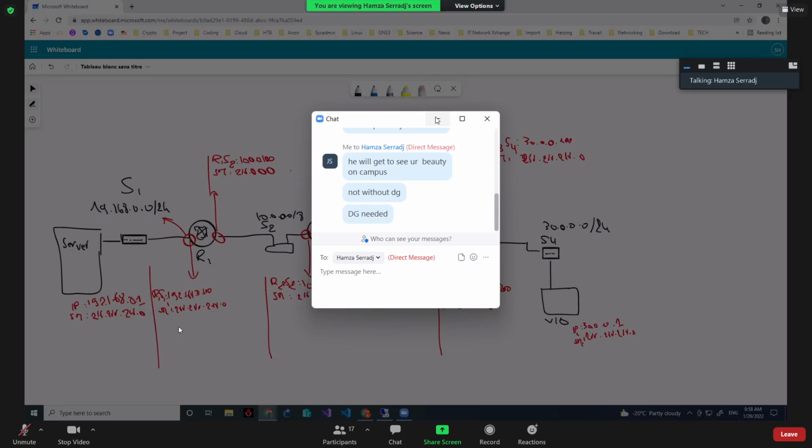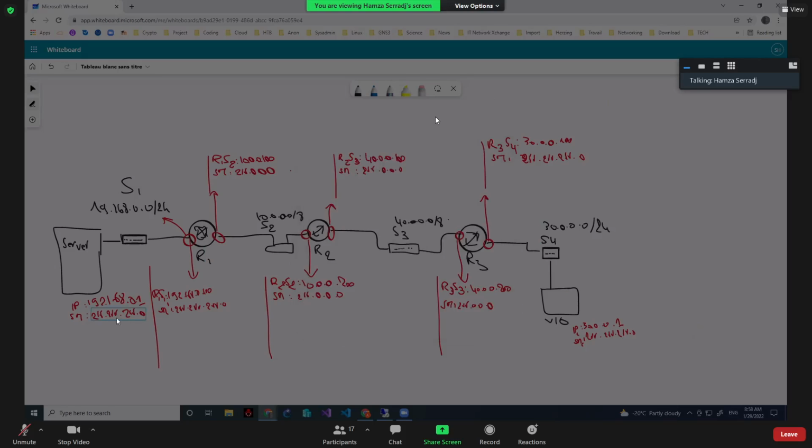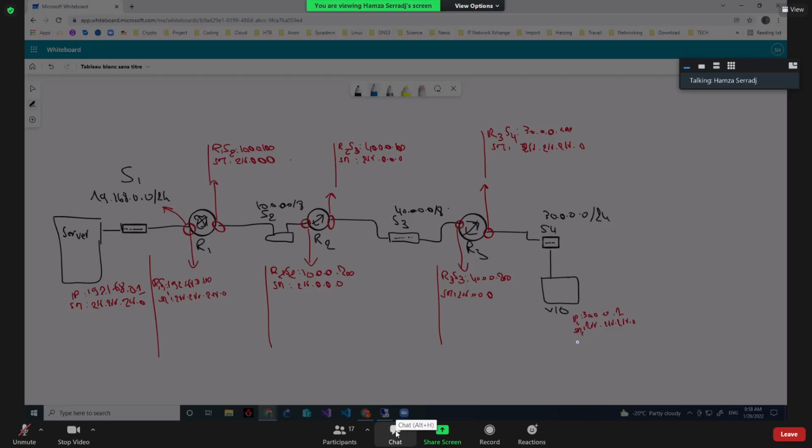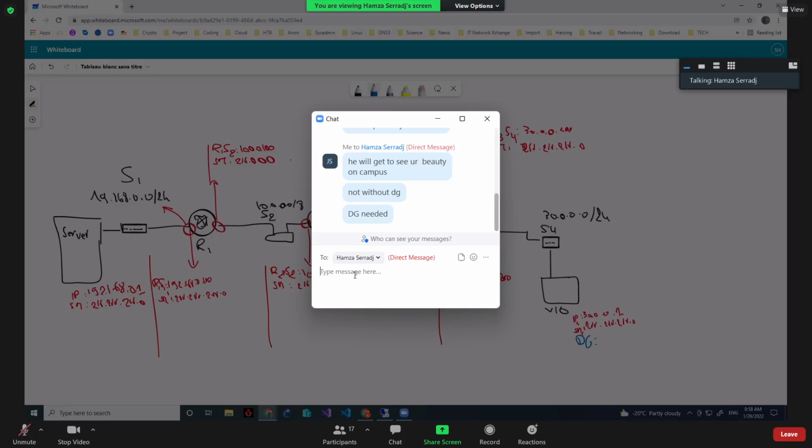Of course, my clients here need a default gateway to be able to use the router service, because this guy here doesn't know that R3 is a router that can help him send packets over this direction, right? So we need to configure his default gateway, telling him, hey, we have a